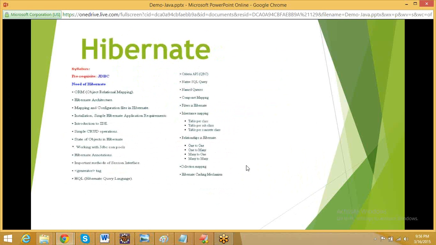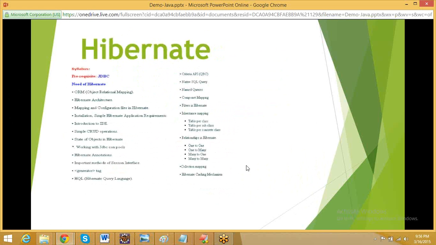The next topic is Hibernate. What is Hibernate? It's an ORM tool, object-relational mapping. It talks with the database. Initially, as a developer, to create the database we have to create the structure manually, with create database and create tables. But if you are using Hibernate, we don't create it manually.